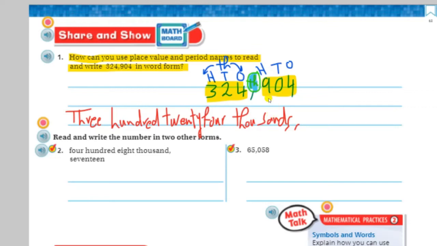Okay, after that, read these 3 digits together. So it will be 900 and 4. Okay, that's the word form of this number. The next one,